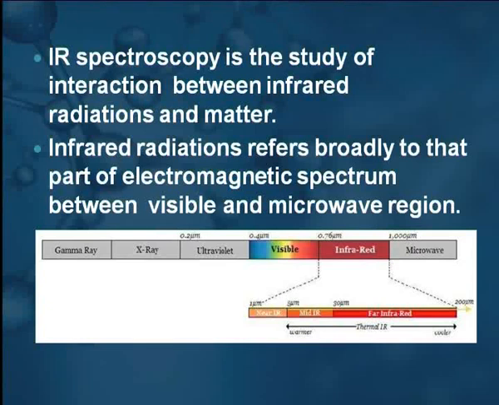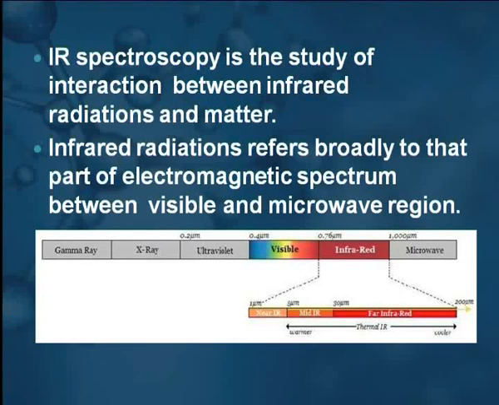As you are seeing on the screen, this infrared region, the light we are using, is in the range of 720 to 1100. So this is the visible, and this is the infrared region, which is between the visible and